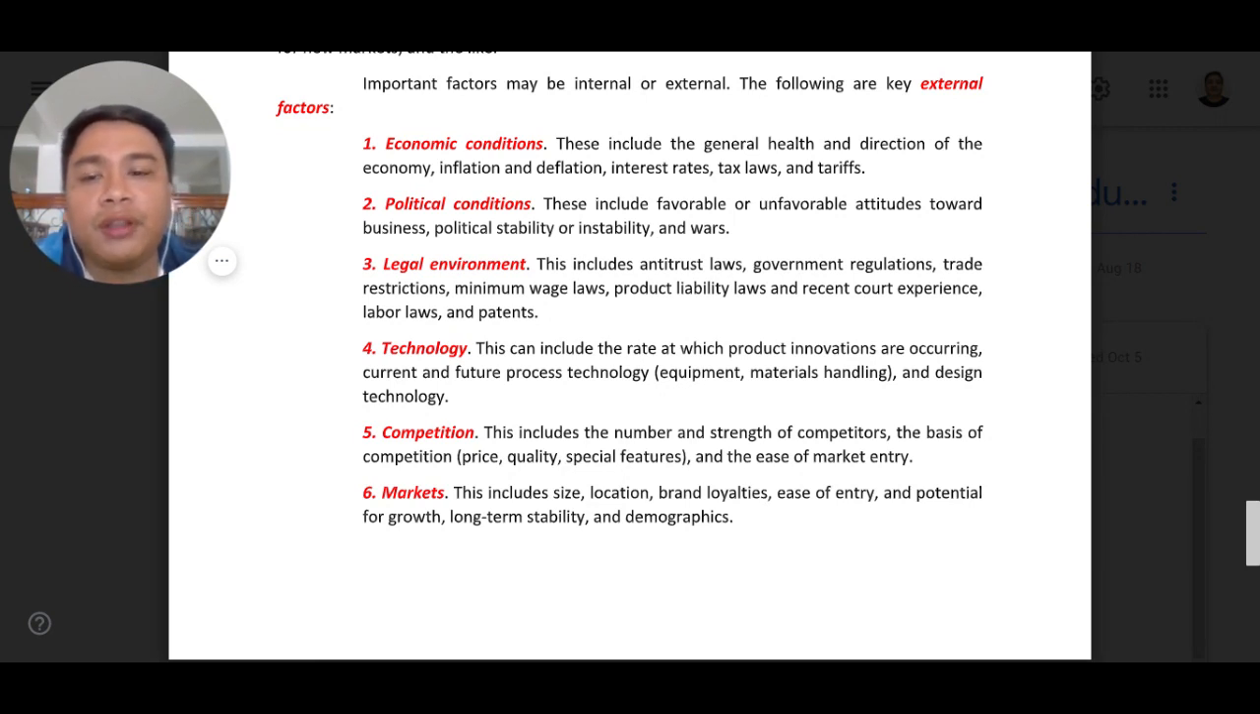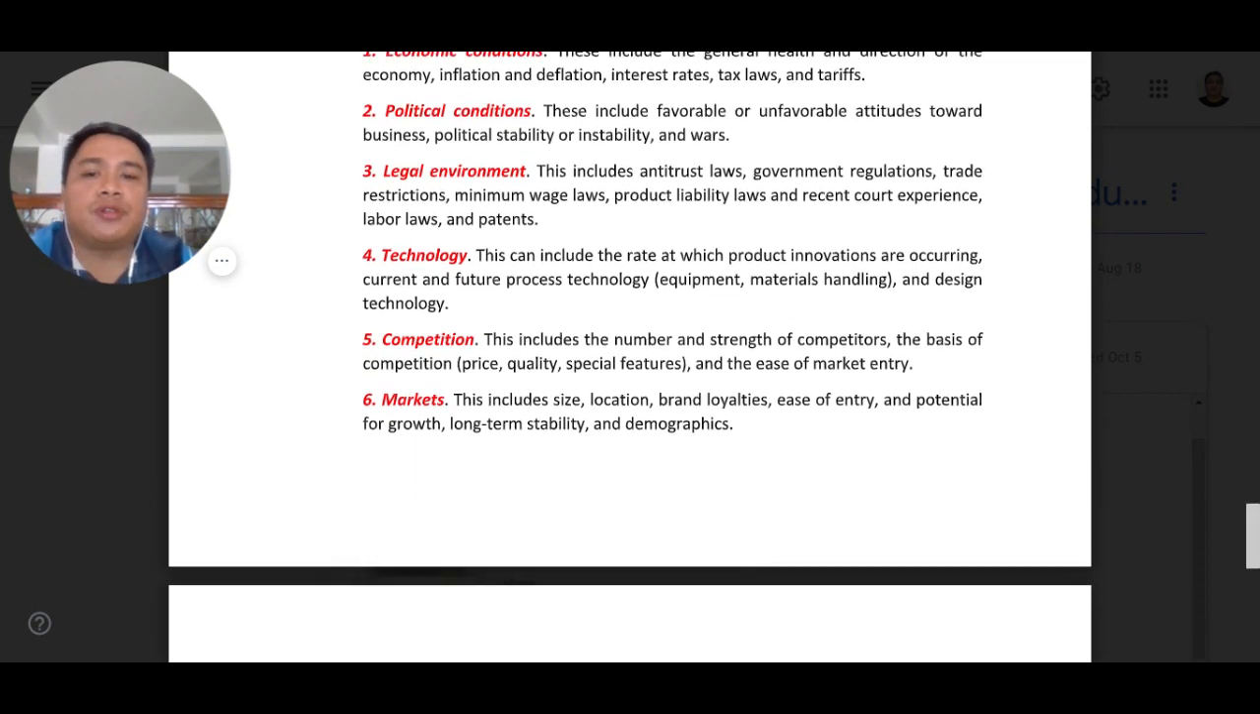Okay. What else? Now we go to technology. So technology, this includes the rate at which product innovations are occurring, current and future process technology and design technology. So technology can also be a factor that can influence the business. Okay, with the presence of technology right now, you can be able to grasp these certain changes, these certain factors that can help business organizations in terms of